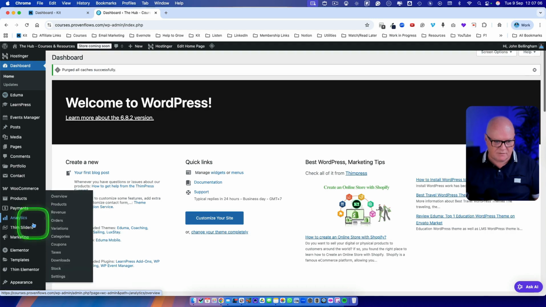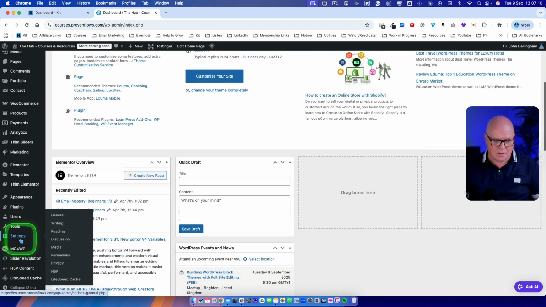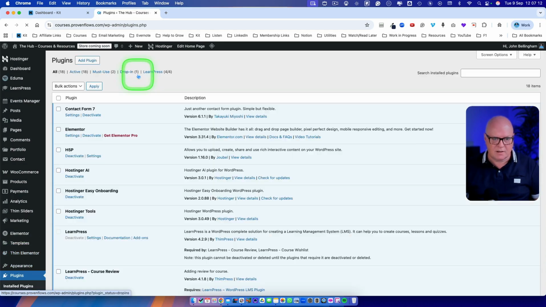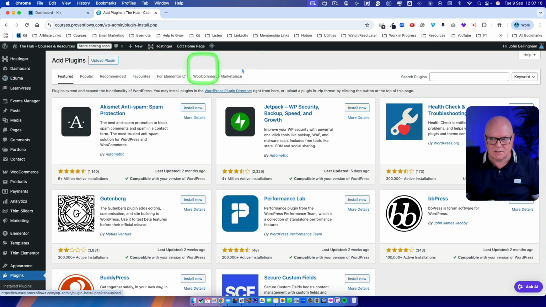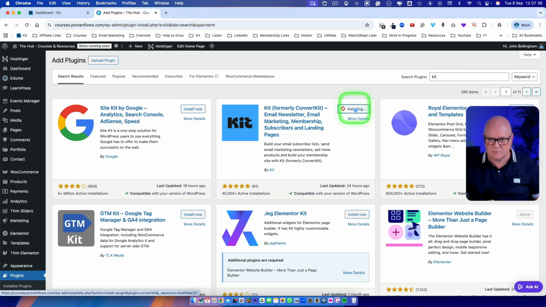This is just a demo website that I've set up here. So I'm going to scroll down to plugins, click on that, and then at the top left here you see a button that says add plugin. Click on that, and then over here in the search box, search for Kit. It'll bring back a bunch of results. It's this one here we're interested in, and we're going to click on install now, and it comes back and says installed. Now we're going to click the activate button,